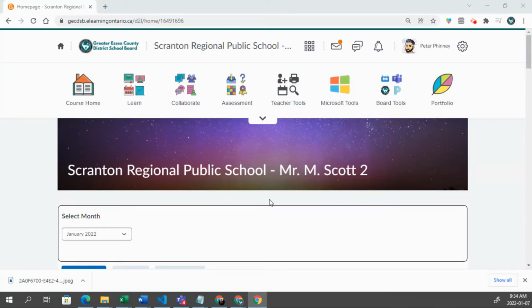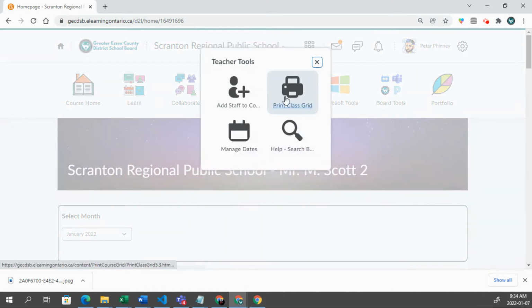In this video, we will be looking at how to print off a class grid for mark recording purposes or attendance purposes. So in order to print off a class grid, you're going to go to the Teacher Tools navbar icon group right here. If you don't have that icon group, or if you don't have the print class grid